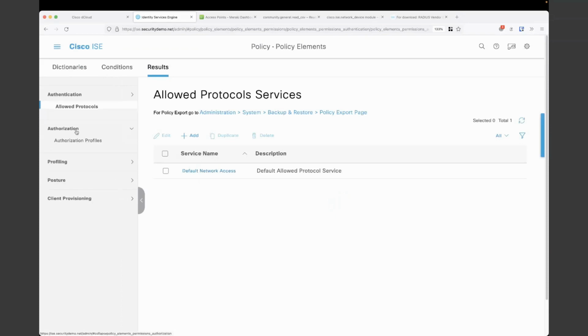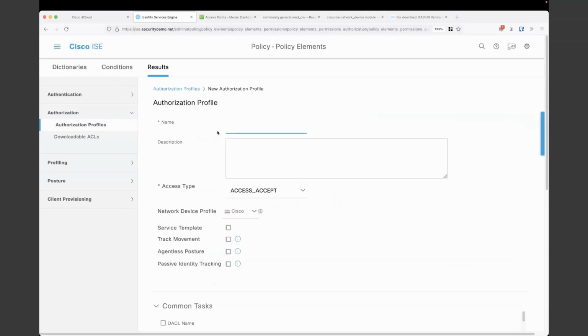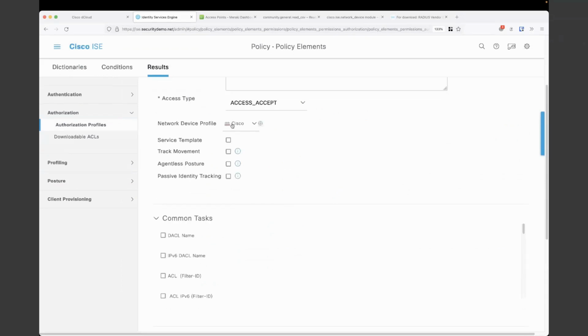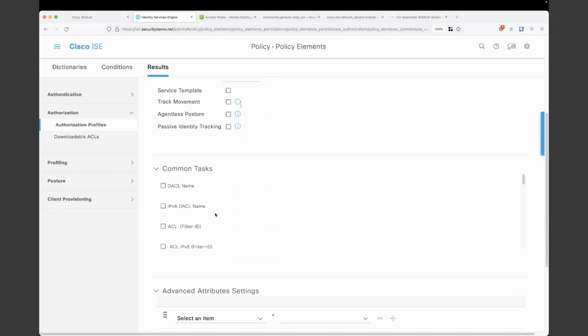And I first wanted to go over and define a new authorization profile because we're going to authenticate our employee Thomas. It's going to be an access accept. We're going to be using a Cisco network device profile, but you can see if we had other vendors' products, we could certainly work with those as well. I am going to define, let's see, I have my Meraki AP, and when you do Meraki, it actually uses a group. They have their own group policy that they will assign, and you can assign it through the filter ID, or